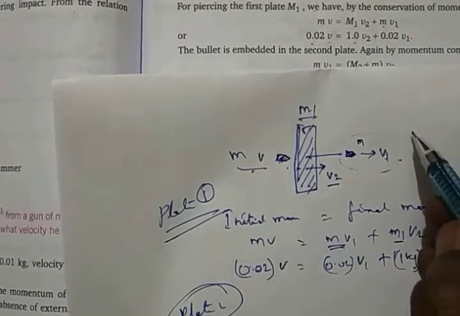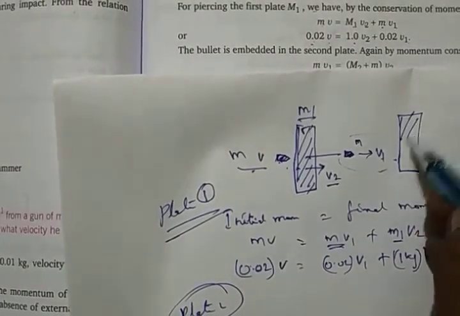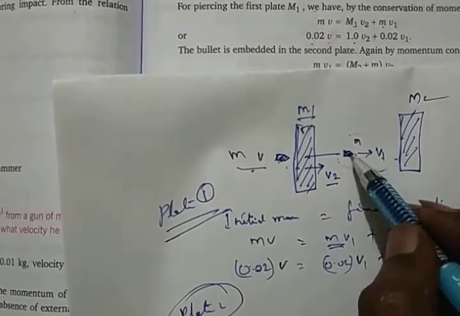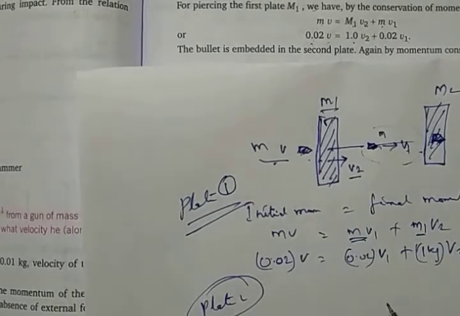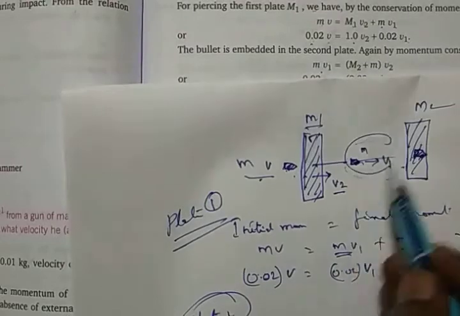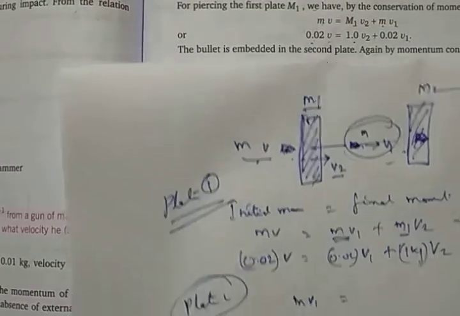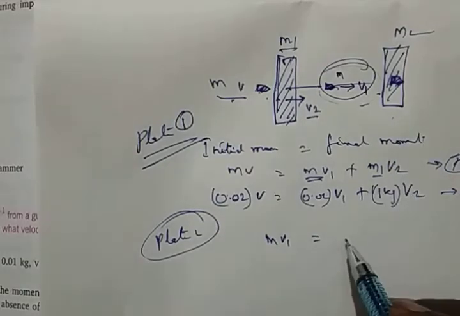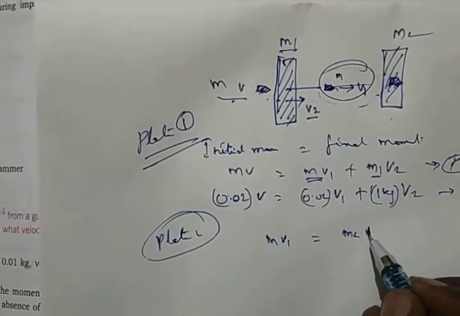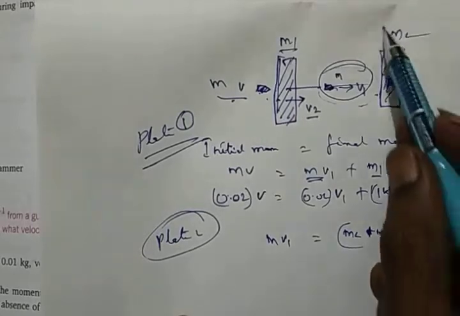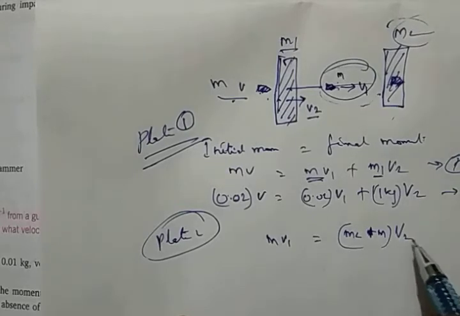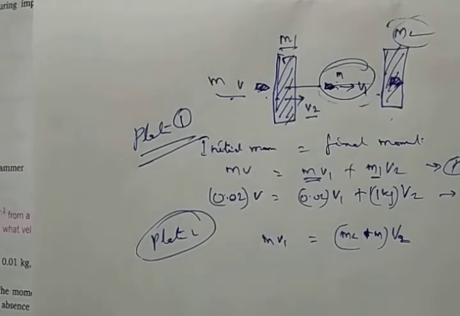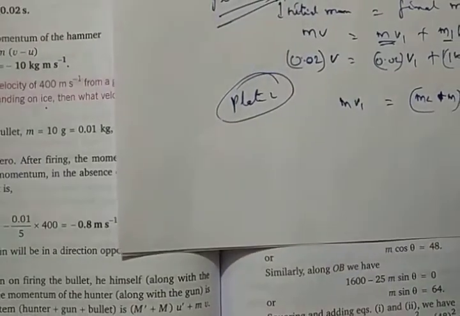What happens? It goes here and it hits m2. And as it hits m2, the bullet gets embedded here. So how do we do it? The initial momentum is m into v1, which is going to be equal to m2 plus m, the m2 is this one, plus the bullet, which is also going to be embedded here, into the next value of v2. But look at this. Why I am putting v2 here, here also I have put v2, here also v2. The question says,